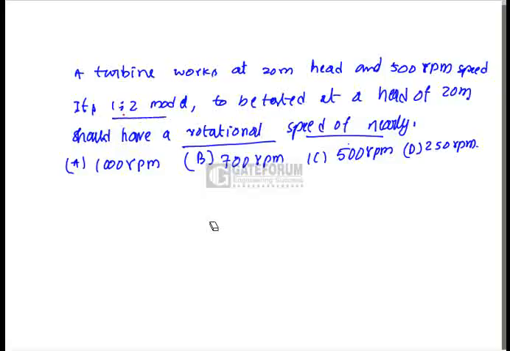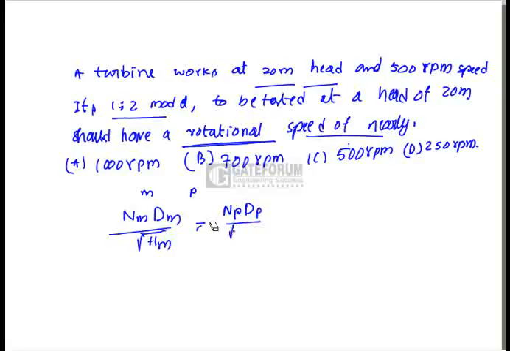model. Given data, we will consider model as M and prototype as P. What is the relationship between rotational speed and the head causing flow? N M dm by root hm is equal to np dp by root hp. In the problem, we know that dm by dp is equal to 1 by 2